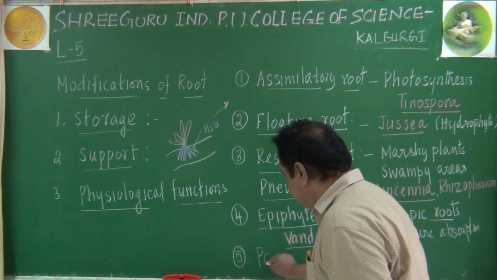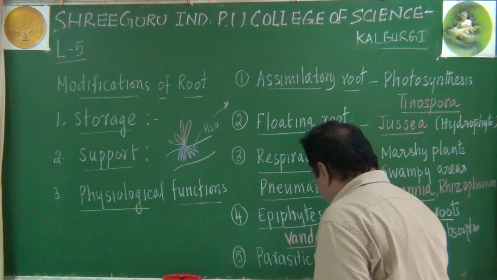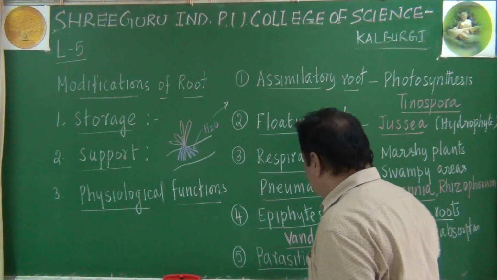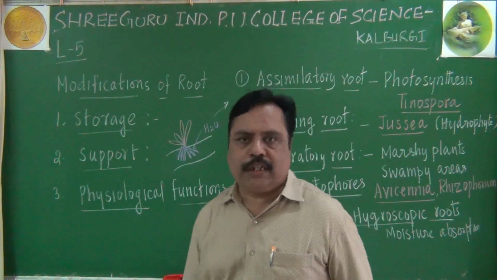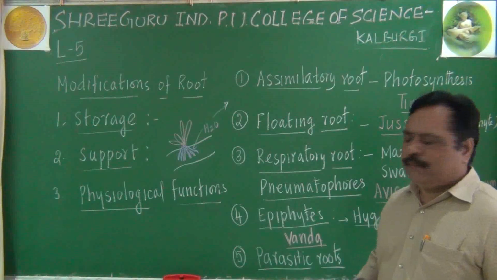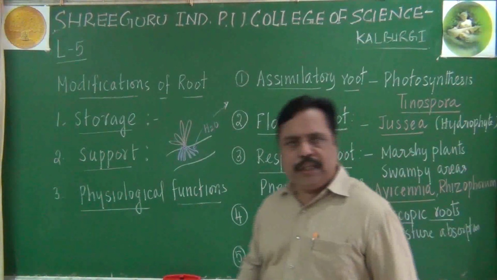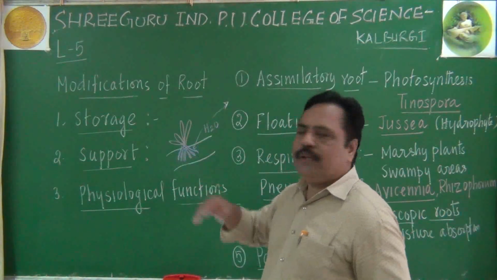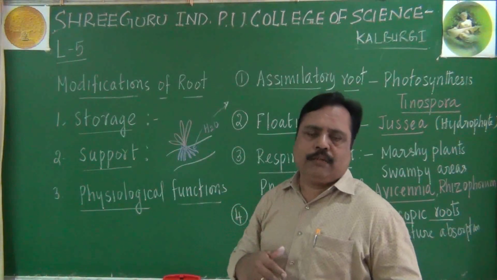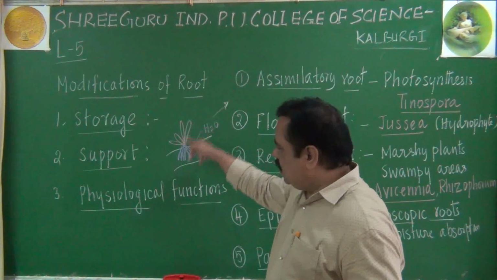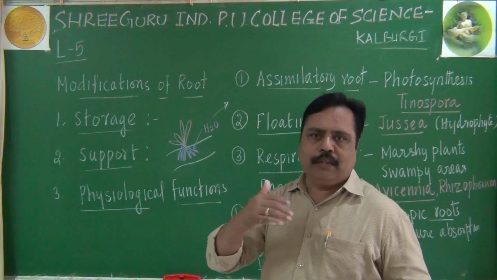Some of the plants exhibit parasitic roots also. About parasitic roots, questions on examples are asked in competitive exams. Parasitic roots are exhibited by some plants. What are these parasitic roots? They are just like epiphytes, but their roots will not be hanging outwardly. Their roots will penetrate into the plant body. When they penetrate into the plant body, the host plant will be harmed and affected.